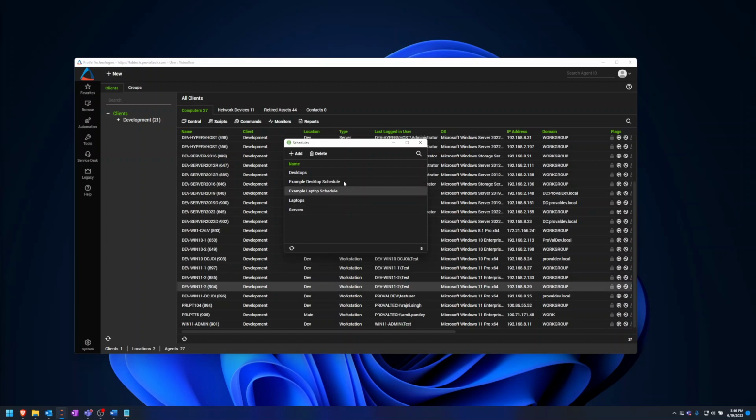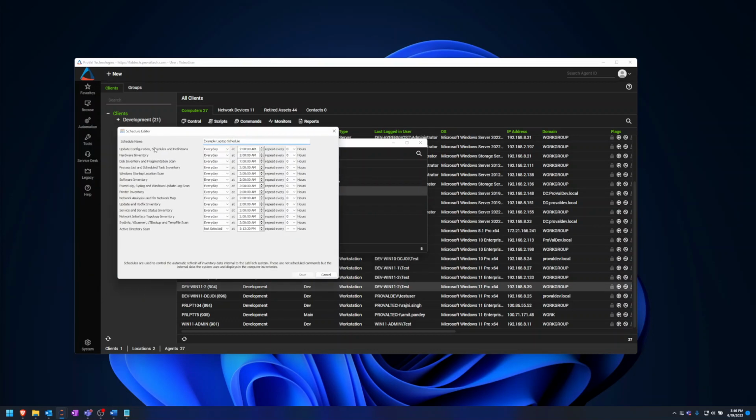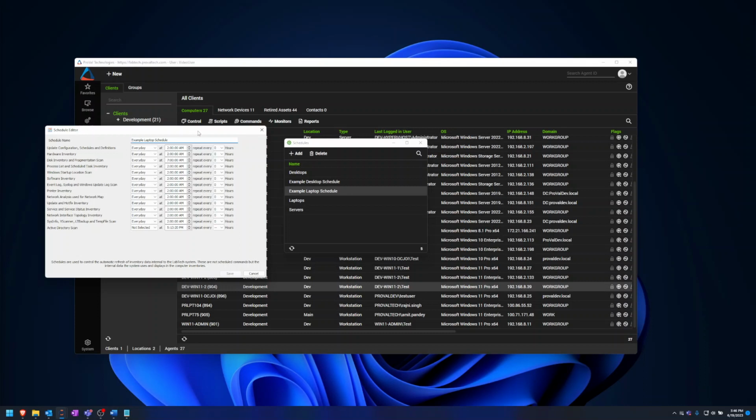So if we were to look at one of our example schedules, we would see what information we're looking at, what time of day we are requesting that information to be updated, and how many times it happens during a day or how frequently it happens. So it is important to consider when looking at your schedules that we have that information being updated at appropriate